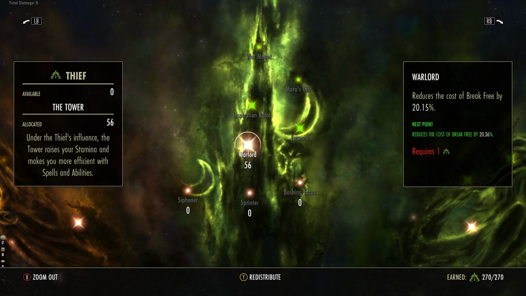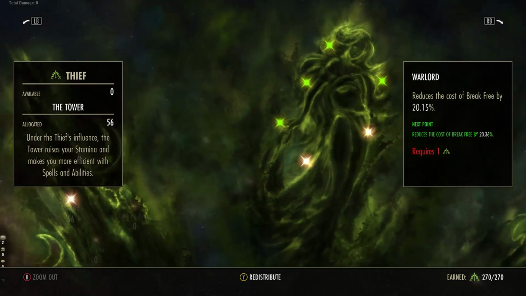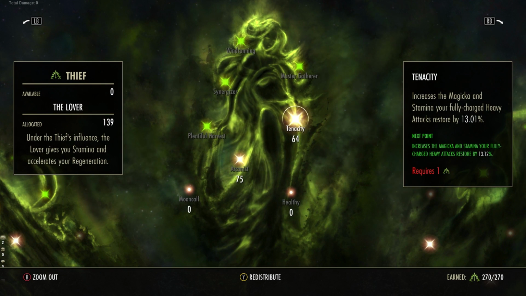56 points into Warlord to reduce the cost of break free. We do have a movable, of course, and we can utilize that to get out of situations. We can use Mistform as well, but if you do actually need to actively break free properly, it will cost less. 64 points into Tenacity to give us a 13% increase to the return that we get from our heavy